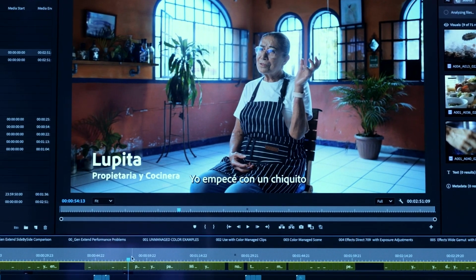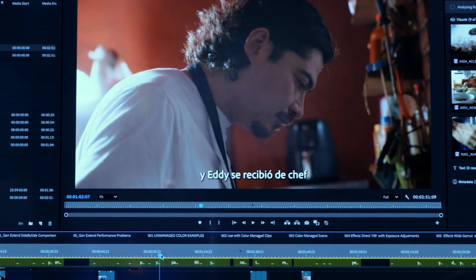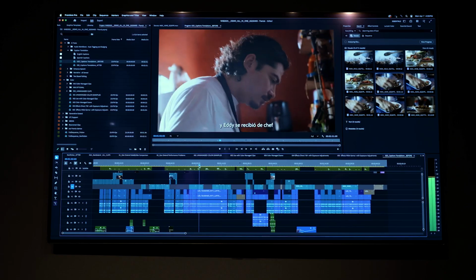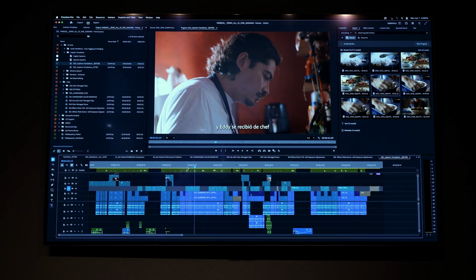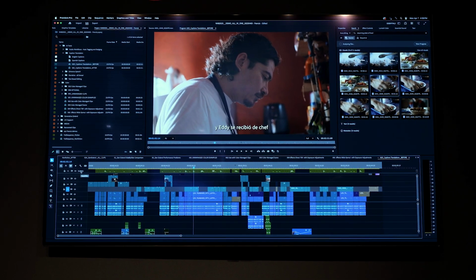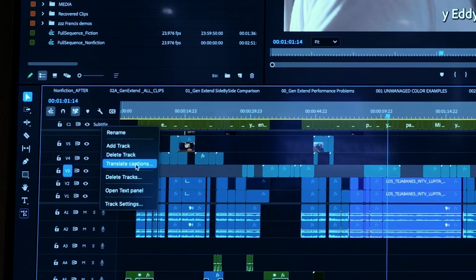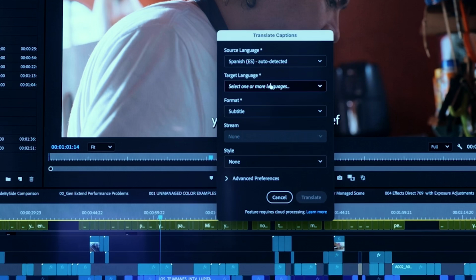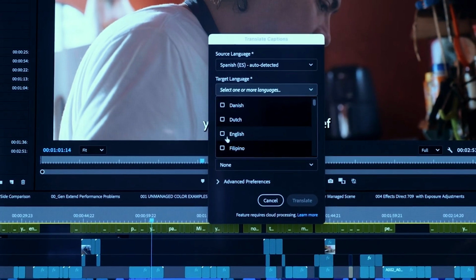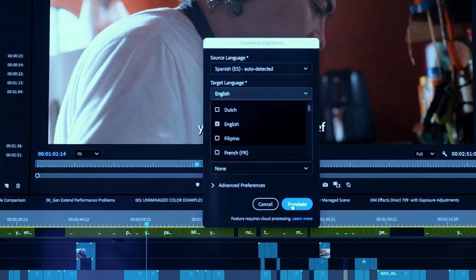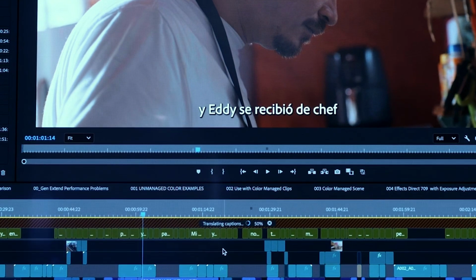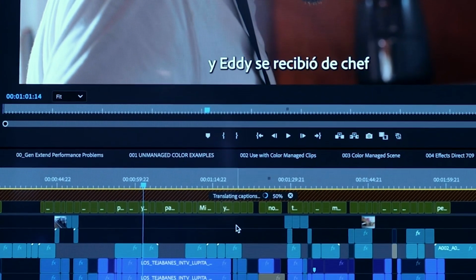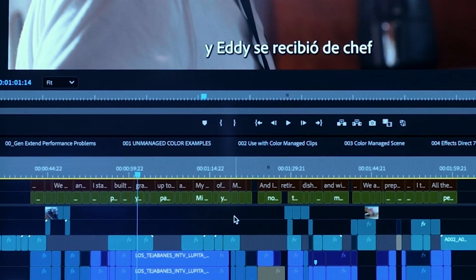Next up, we have caption translation. Now, we have an incredible caption tool in Premiere Pro, but now you can translate any captions into 27 languages. All you do is right-click on a subtitle track, hit Translate Captions. Premiere auto-detected that this is Spanish. We'll select the target language of English. I will hit Translate, and before we have enough time to even say one complete sentence about caption translation, it's